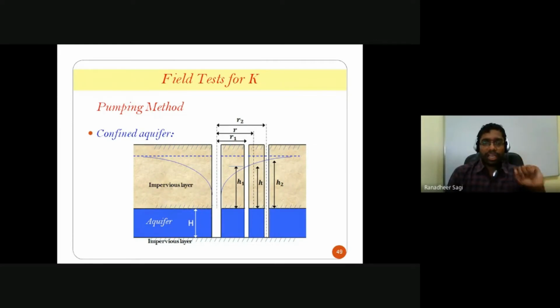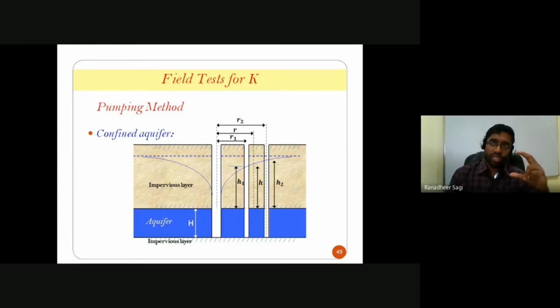What do I mean by aquifer? Aquifer is the strata in which flow can happen through the soil. It is that layer of the soil strata in which the flow is expected to happen. Whereas in the other layers of the soil strata, you might have a rocky strata or a relatively impervious strata where the flow might be very little or almost negligible. That's the reason we distinguish between the condition of a confined aquifer and an unconfined aquifer. What is meant by confined aquifer?